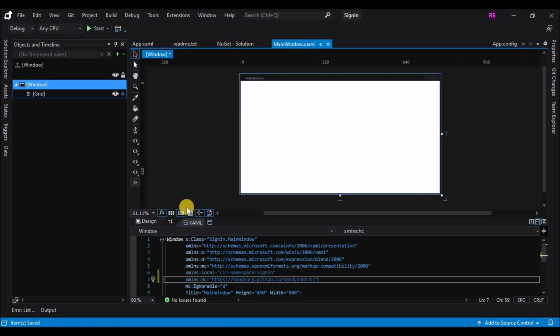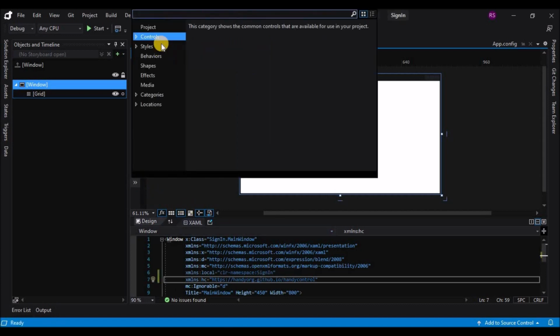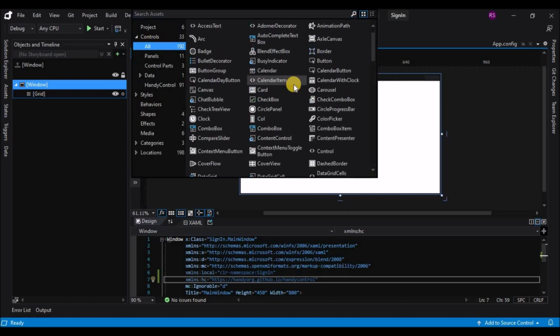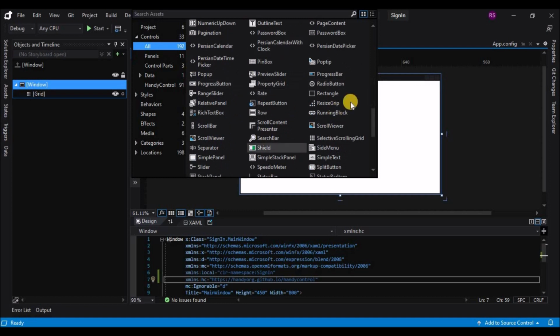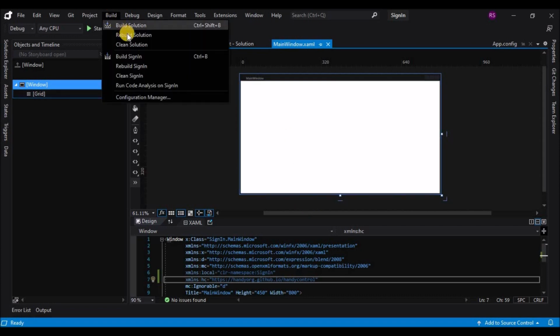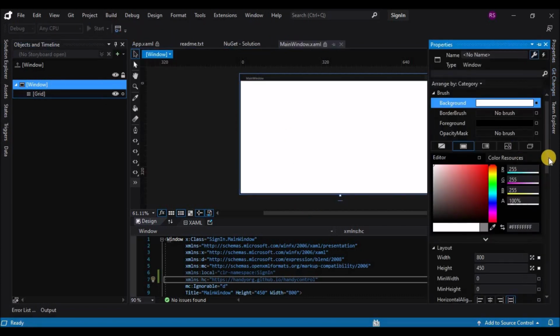That's it. Now let's go to controls, all controls, and you will see a whole lot of controls that are newly added here, and these are all the handy controls, customized controls, and the documentation for that is also there in the description. You can go to that link and check out all the controls that handy controls provide. So in this video I'll be using a few of them, like the text box, the password box.